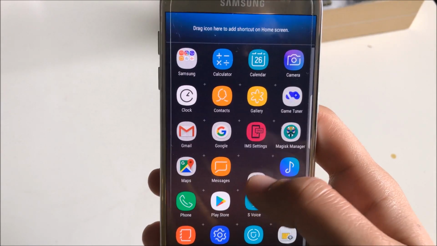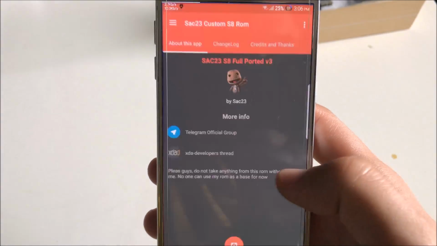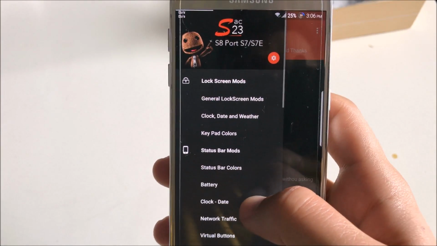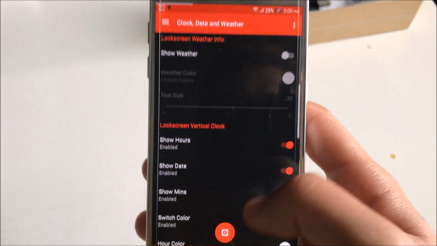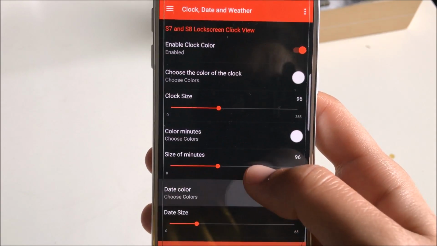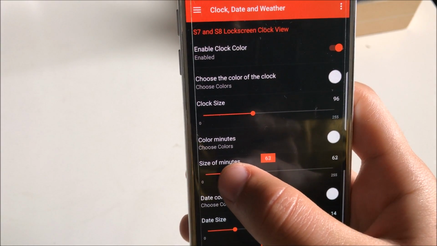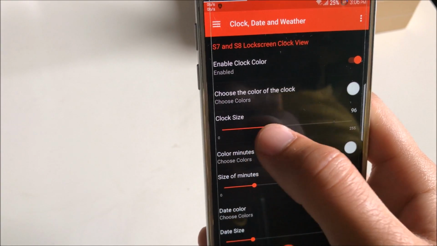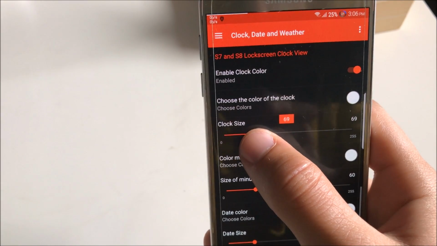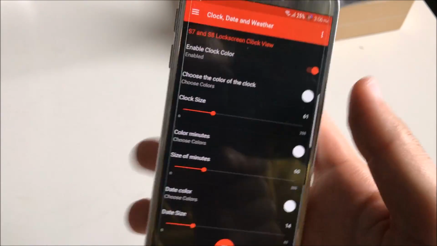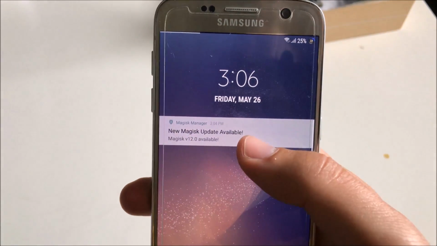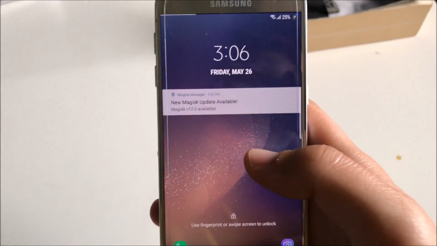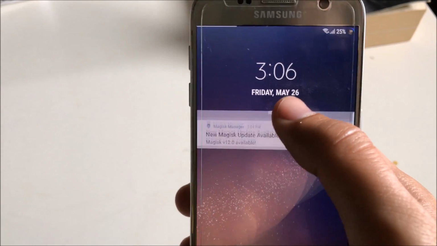So if you want to change that, I have played with the SAC23 settings, so there are settings for those. So it should be over here. You can change the size, so probably around 60, I think, was the normal one. Let's take a look. It's really nice that right now I got the, no, it's not 60, it's probably 70, but look at my point. So when you got notification,